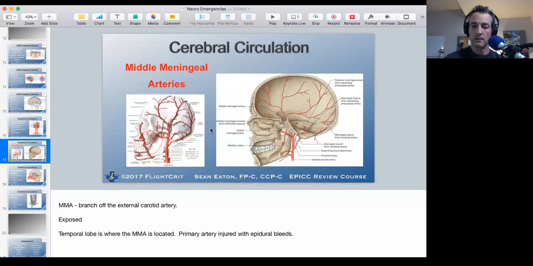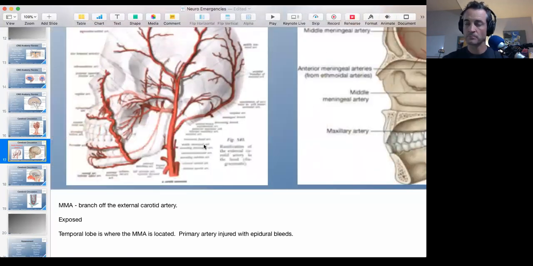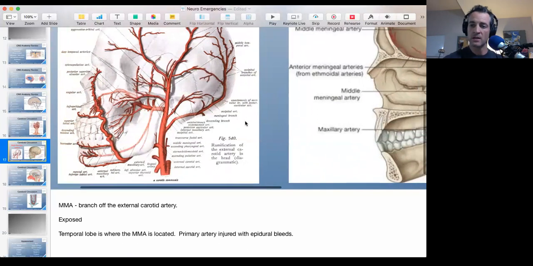I'll zoom in here a little bit and show you. You'll be able to zoom in as you're going through the material. Remember, I post the slide decks so you can look at them very closely. But here, this is the middle meningeal artery that comes off right here. Okay, it's kind of hard to see the middle meningeal artery here, but that's this one right here, and it actually